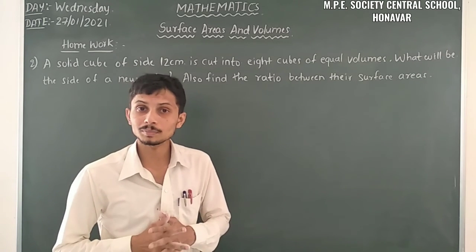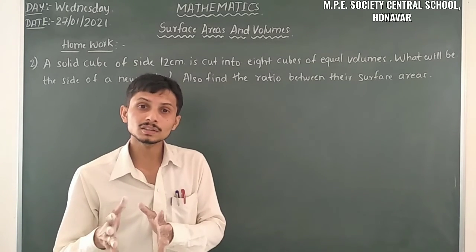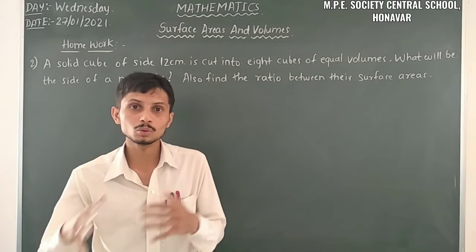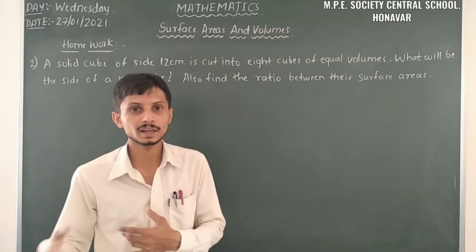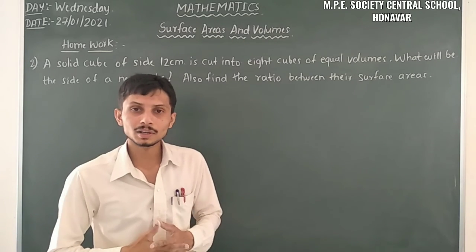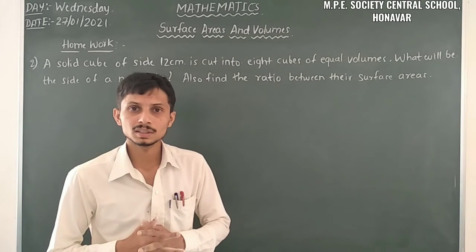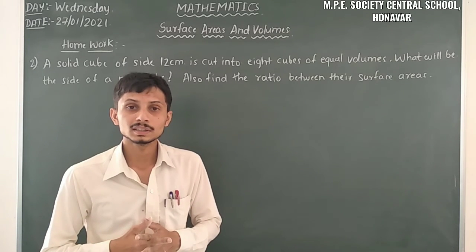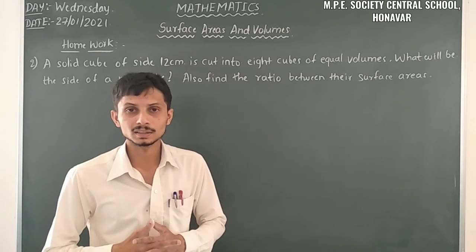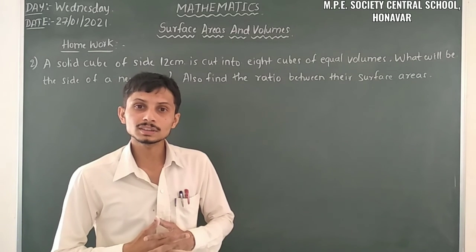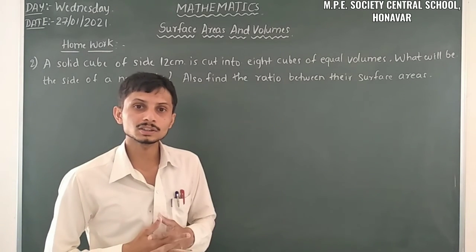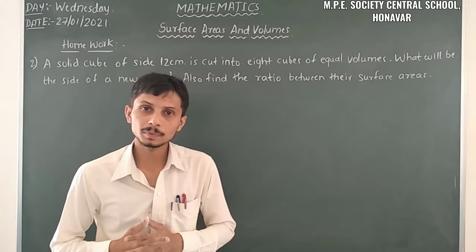Already you know that sometimes, keeping the solution as it is, that is 2 into 2 into 2, 4 into 4 into 4, 5 into 5 into 5, so 12 into 12 into 12. Likewise it is sometimes easy for us to solve the problem in an easier way. So using those things, find out the ratios and find out the side of the new cube.